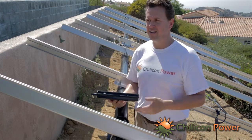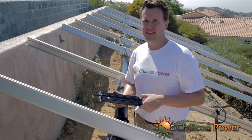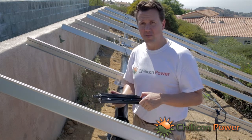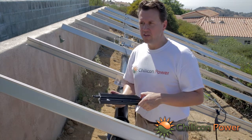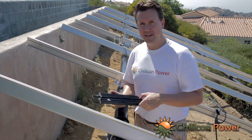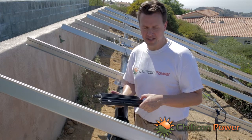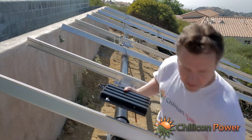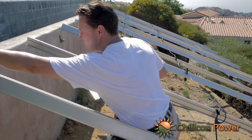Once the installation is finalized and everything's moved to the gateway inside, then looking at LEDs becomes not very interesting, because there's so much more information coming from the gateway. But when the wiring is being done and everything's being checked out, it's actually nice to get the LED visual confirmations. So next step is to take the 1/4 inch bolt, slide it down the rail,